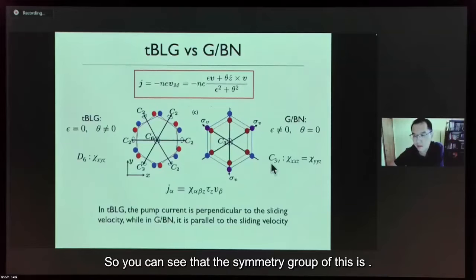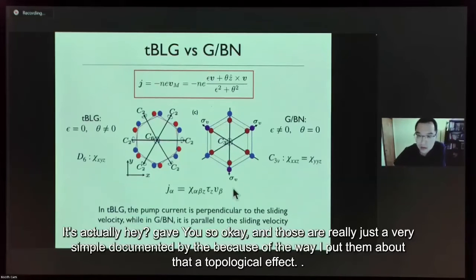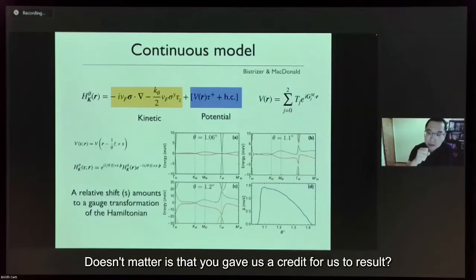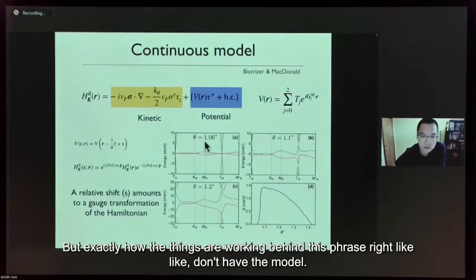And in that case, the relevant tensor is actually XXZ, so it can only give you parallel current. Okay. So again, those are really just a very simple argument, but because we are talking about a topological effect, details don't matter. It actually gave us a pretty robust result. But just to show you exactly how things are working behind the scenes, we can begin with this